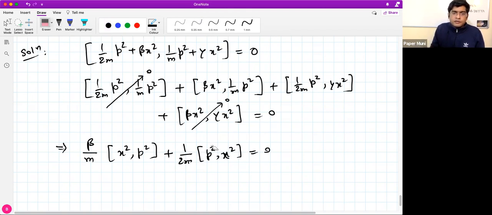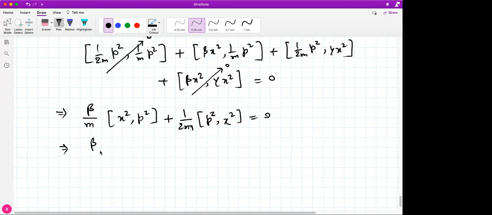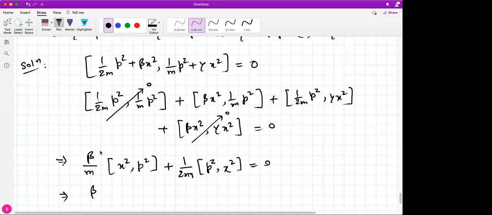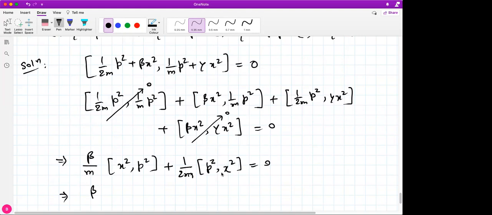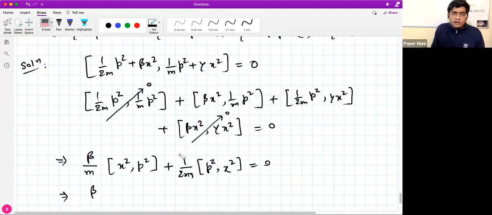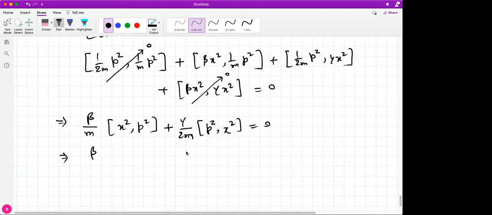Now in this case you can rearrange this thing using the anti-symmetry property. So if you use the anti-symmetry property, in both the commutators, what will you get? Sir, there is gamma also in the second term, 1 by 2m. Second term, this one. Okay, there's a gamma here. All right, there's a gamma here. Yeah, you're right. There's a gamma here.